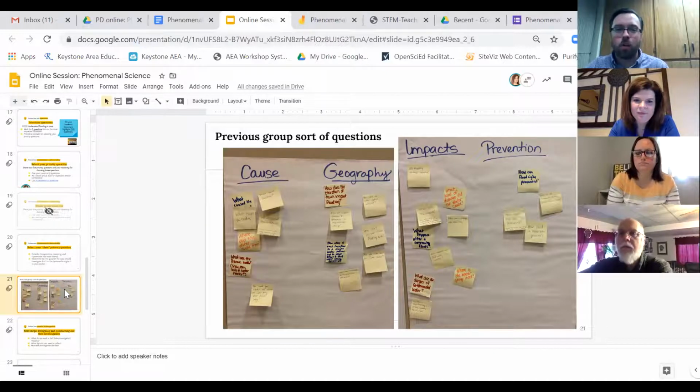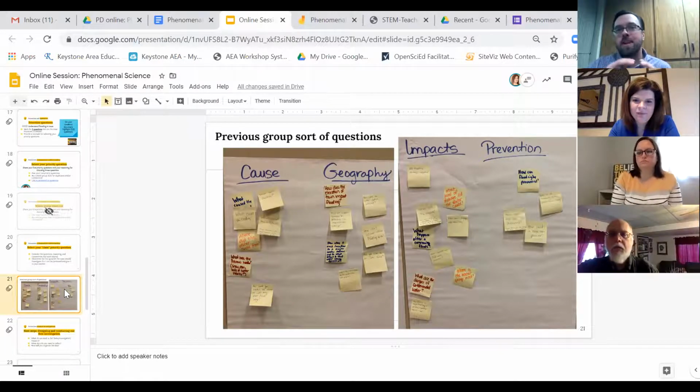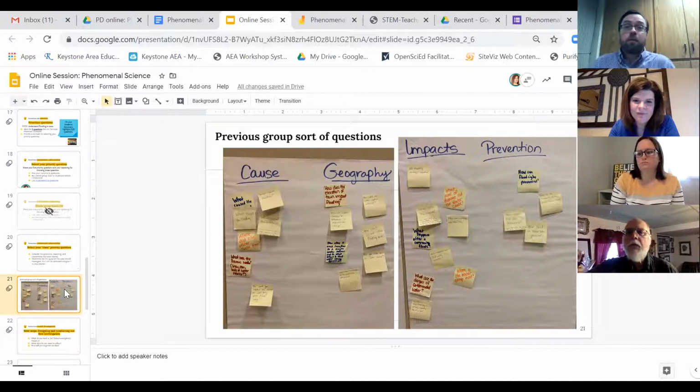So that's one of the hallmarks, I think, of designing units around a good, strong anchoring phenomenon. It may seem like it's accidental, and certainly for the kids, it's going to be like, wow, we're investigating the stuff we want to learn about. But it was very intentional. It was exactly what we wanted to accomplish anyway in regards to the standards and all the stuff we have to think about as teachers.